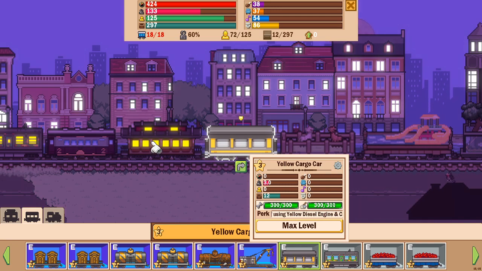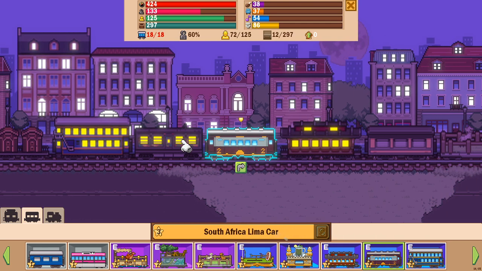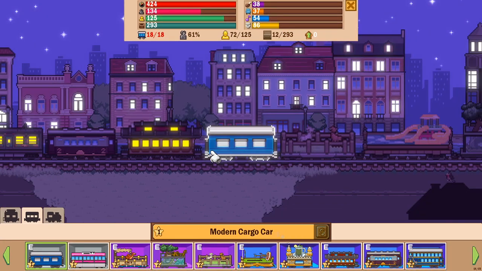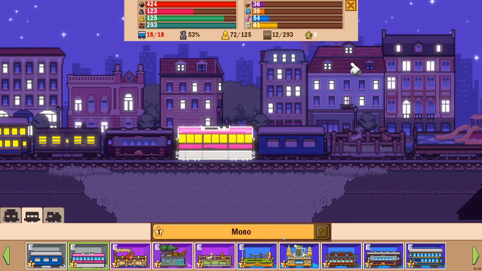And that one's the Abraham car, which is fully upgraded and carries only 7 passengers, whereas this one is the... What car are you? The South Africa Lima car, which holds 10 passengers and is fully upgraded. Well, I'll replace the cargo car with the new type of cargo car, and I will replace the Abraham car with the mono car. So that gives me 3 new cars on this train,